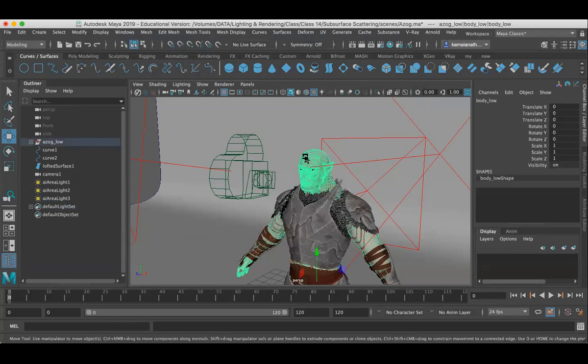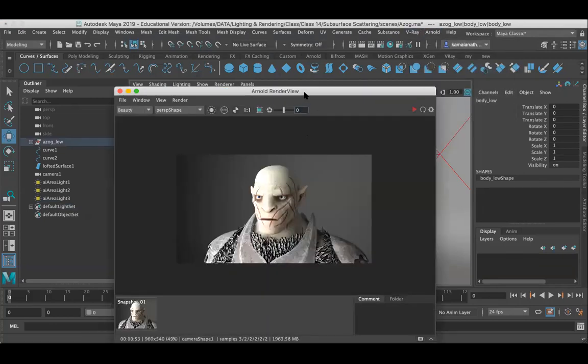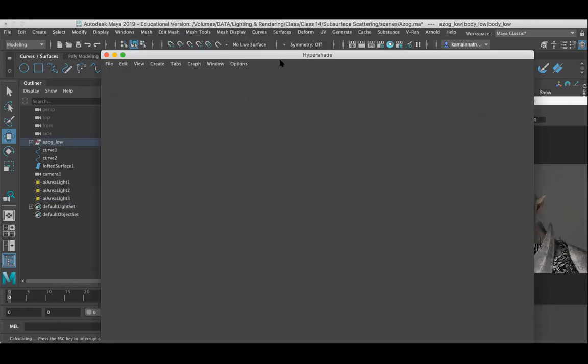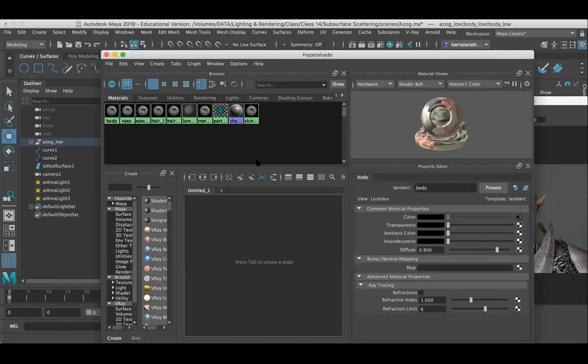When I select the character, I'm just selecting the character's body and going to the Hypershade. This is the Hypershade where we are going to work. I hope you are familiar with this interface.